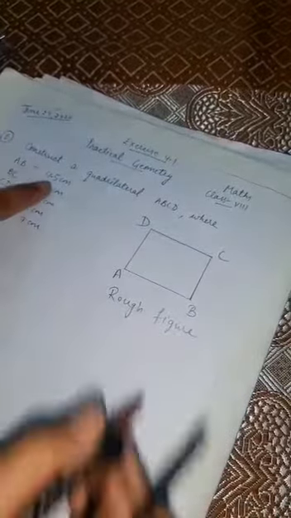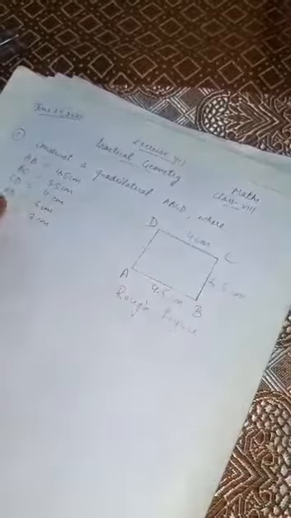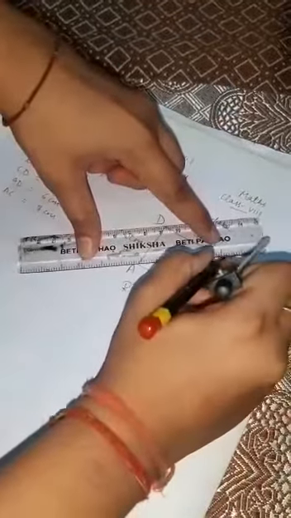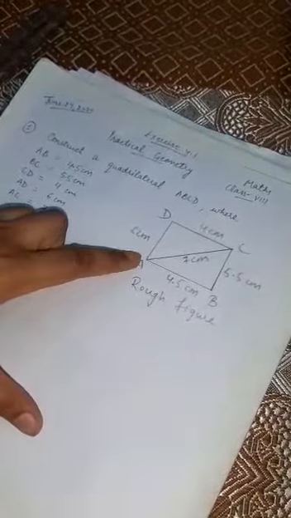Okay. Now let's mention the sides. AB is 4.5. Write down 4.5 centimeters. BC is 5.5. Then CD is 4 centimeters. AD is 6 centimeters. And now last is AC equals 7 centimeters. So AC, this diagonal that we have to join. This is our side AC, and that is 7 centimeters. So now with the help of this rough figure we will draw the actual figure of the quadrilateral.